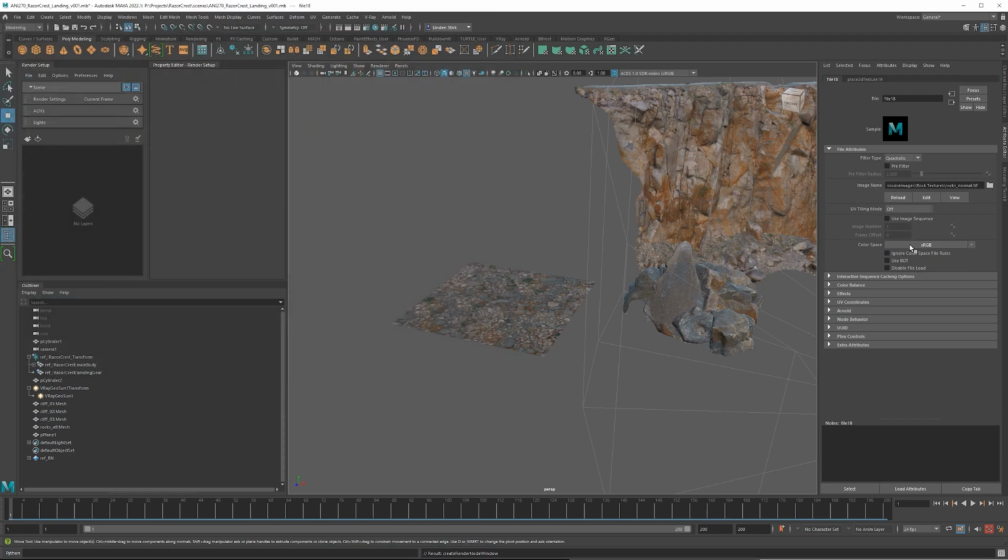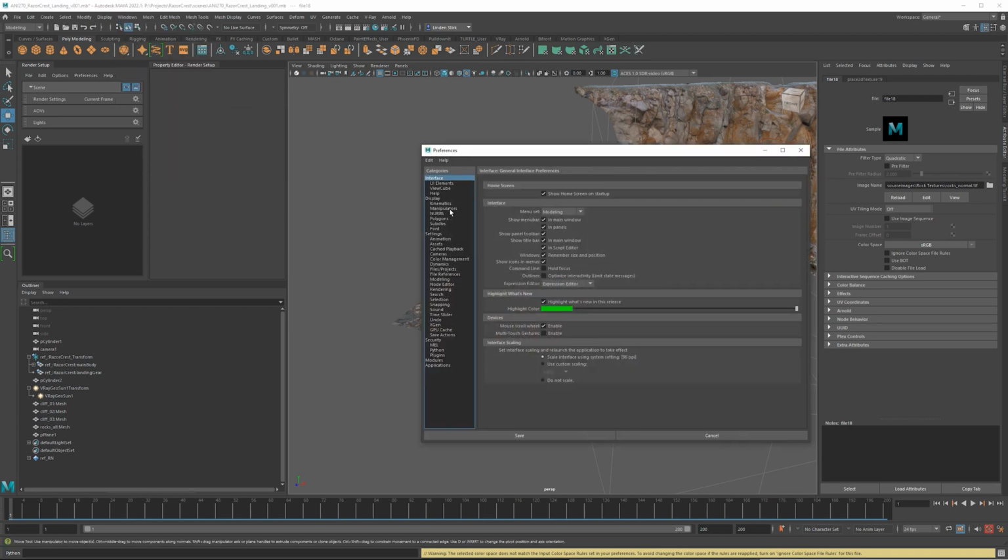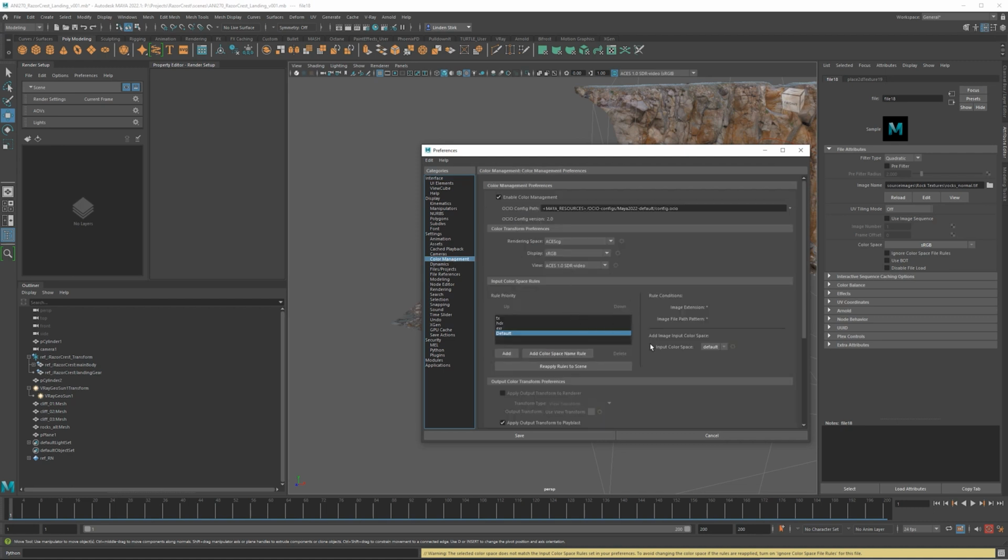one thing that I wanted to show you here is that every time we make a change, like we say, hey, this is raw, but then we say reload, it changes back to sRGB. So you can always click ignore color space file rules, but then you have to do that on every single node. So I want to show you how you can do this globally with a color space file rule. If you go to Windows, Settings and Preferences, go into Color Management. I spoke in one of the previous lectures about what a rule is, that you could create a rule, and rules set up what the color space is going to be.